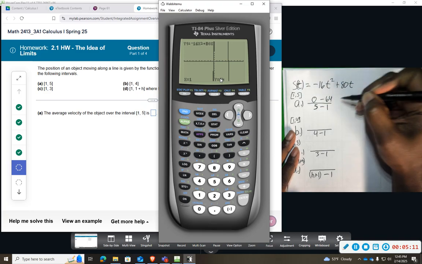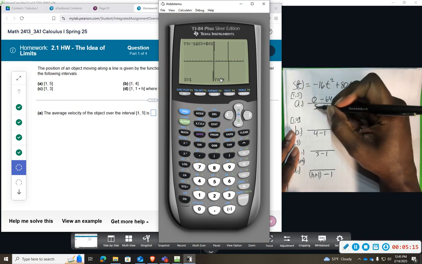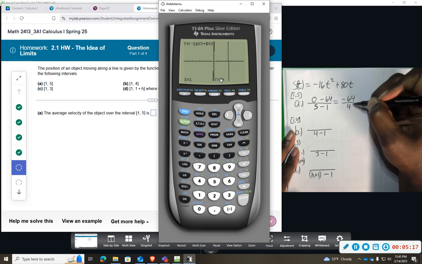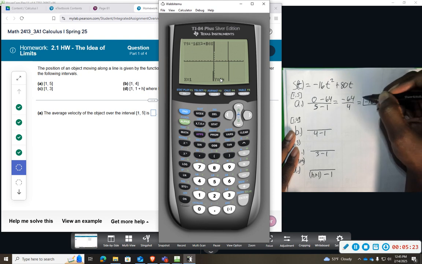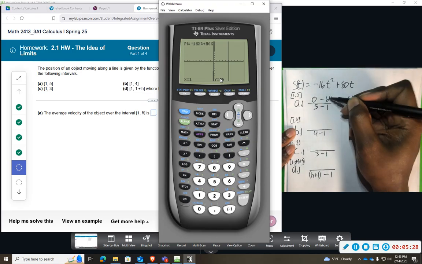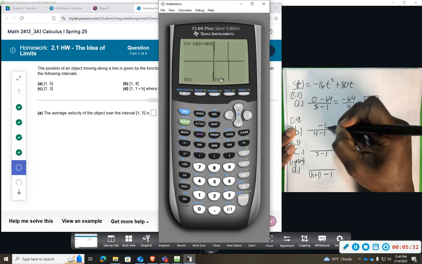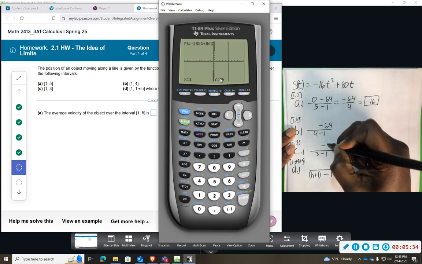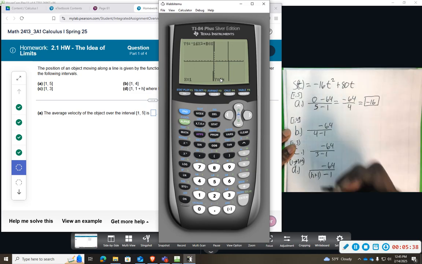Okay, so when we simplify this, we have a negative 64 over 5 minus 1, which will give us 4. 64 divided by 4 gives us a negative 16. So the slope between those 2 points will give us a negative 16. And now once I've gotten that first value, remember we're plugging in 1 every time. So I'm going to go ahead and write minus 64, minus 64, minus 64, and I'll work the rest of